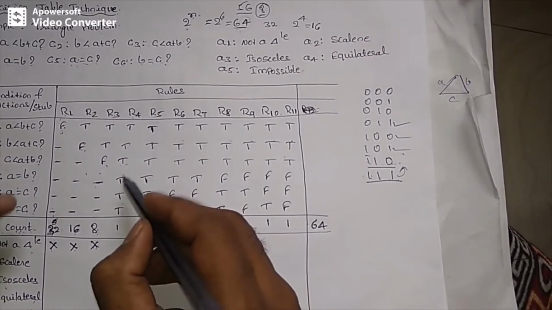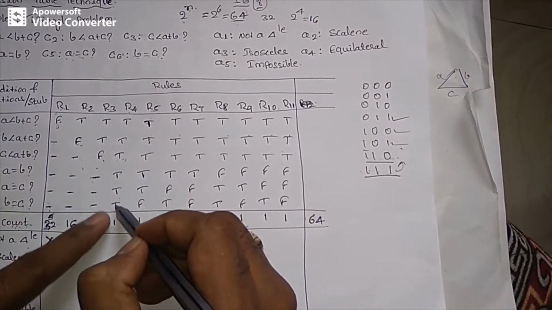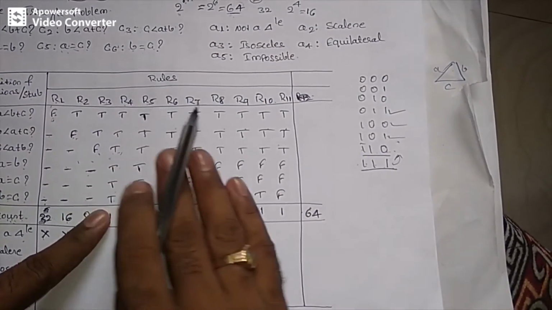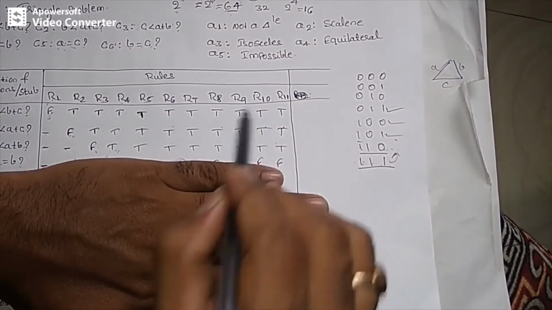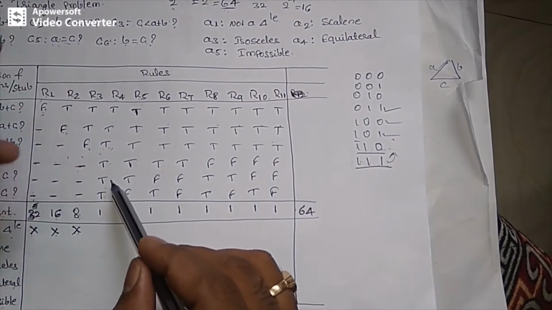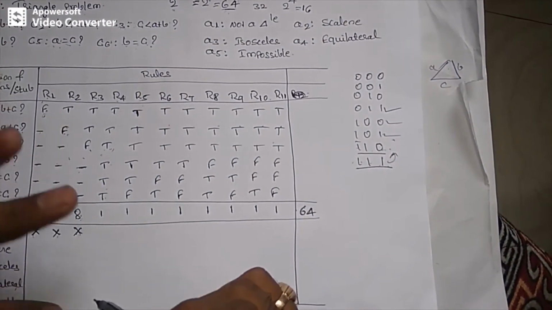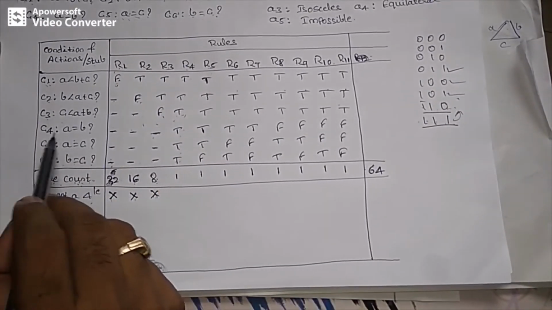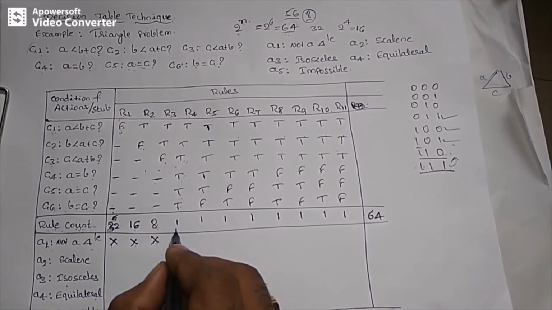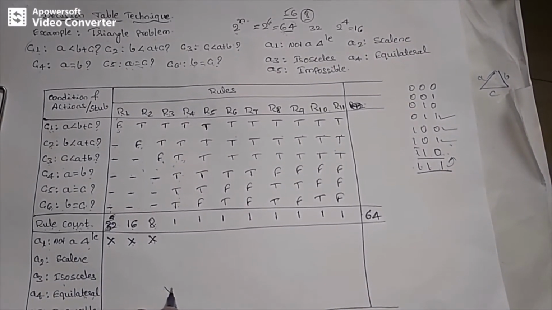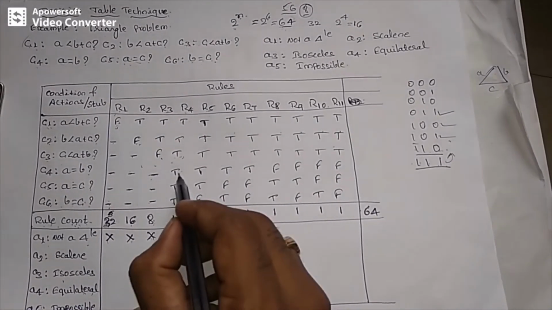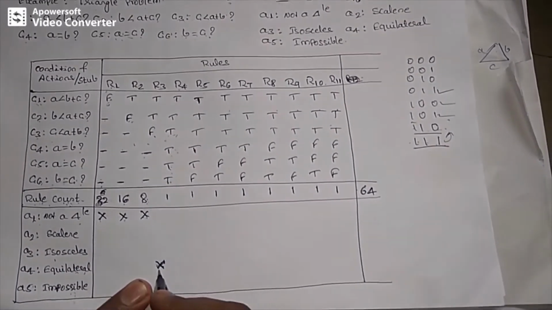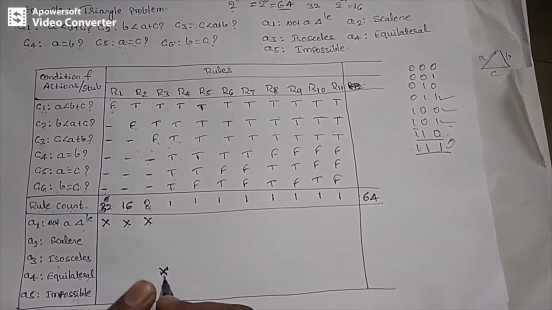Okay. Next, if all are true, then I need to check only the C4, C5, C6 conditions. For the remaining time all the 3 conditions are true. You can see here all the 3 conditions are true. Therefore I will just check the combination of C4, C5 and C6, and based on that I will write the expected output result. Now all are true, which means A equals B, A equals C and B equals C. Therefore my expected output result will be equilateral triangle. When C4, C5, C6 are all true, my expected output result will be equilateral triangle.